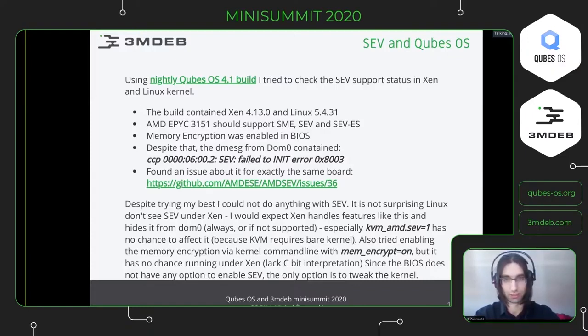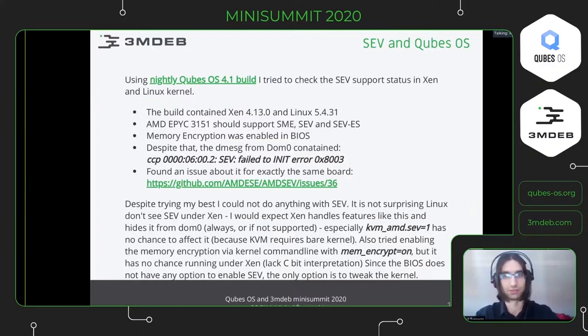So I checked the BIOS setup, enabled the memory encryption, and increased the SEV ASIDs number. The ASIDs are responsible for controlling the ID of the guest VM, which should be encrypted. Each different ASID is responsible for managing a different key of the VM. So basically, each ASID is a count of the parallel guest virtual machines that can be supported with different keys simultaneously. But despite that, the dmesg of Dom0 still contained some errors that SEV failed to init.